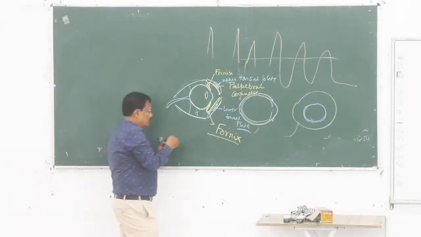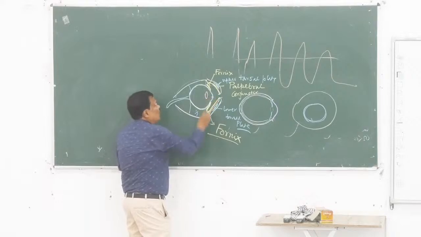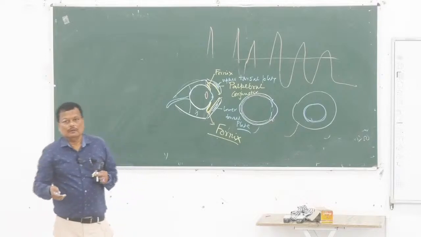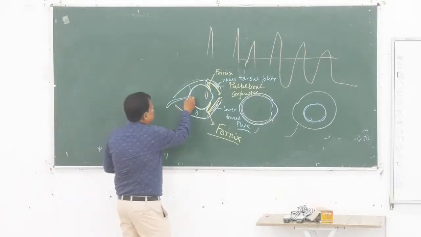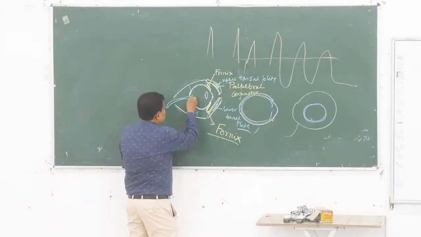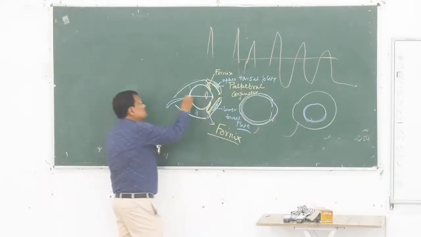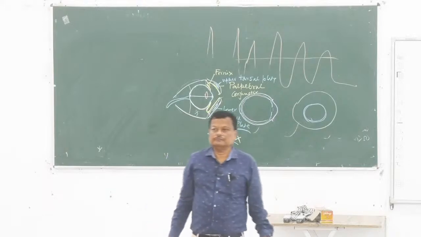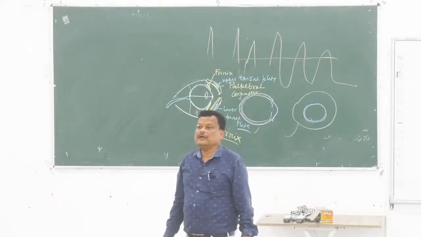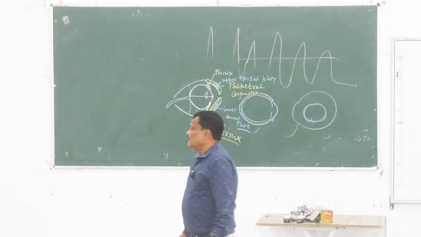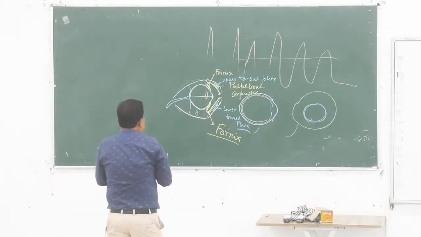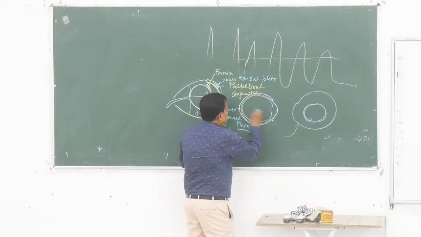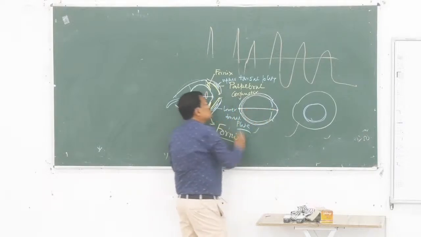The central point of the corneal curvature and central point of the scleral curvature আমরা যদি যোগ করি, এই যে এক্সিসটা পাই তাকে বলে অপটিক্যাল এক্সিস। অপটিক্যাল এক্সিস। আচ্ছা, এই দুটো যোগ করলাম, এটা হচ্ছে অপটিক্যাল এক্সিস।